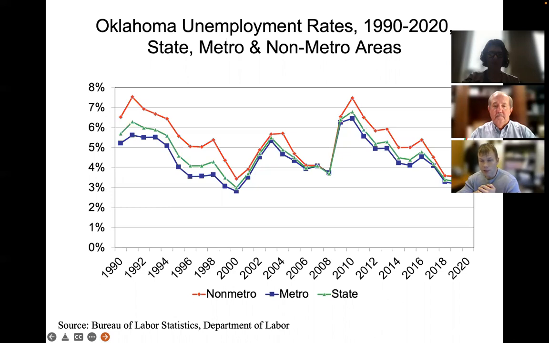You can see that happen there in 2020. And as we all know, when COVID-19 hit, that actually hit metro areas a little bit harder. They had more restrictions in place, more businesses that were forced to shut down. And so you see the unemployment rate a little bit higher in metro areas. And we'll see if we return to prior trends of having unemployment a bit higher in non-metro areas, or if this would be a new normal for us.